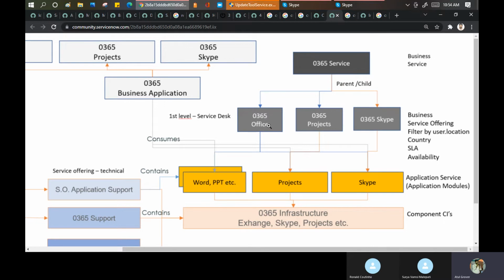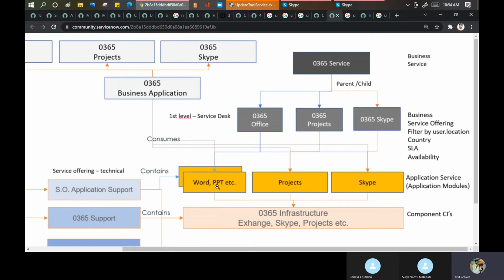Now if you go here, in Office 365, I have an application service. Now look, nobody will use Office 365 as such. Either they will use Word or PPT, or the Project, or Skype. They will use these things, right? If I say I have Office 365, so what should I do? But what application you are using, that is the reason it's called the application service here.